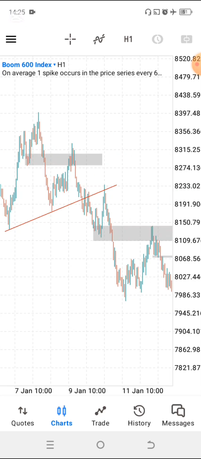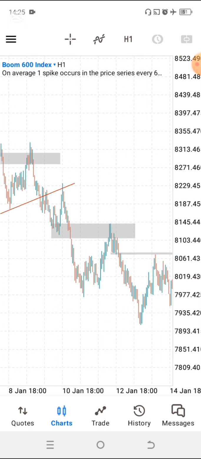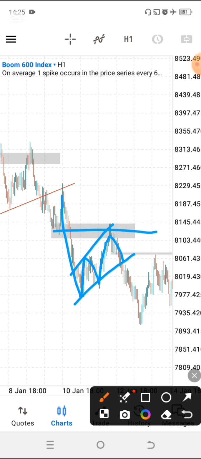So how do you see your flags over here, right? So a flag, I don't want to define it exactly. Why? Because I've got a video in that if you want to learn more about flags. But what we just want to see is a consolidation, like this case over here. We've got an impulsive move, a pullback that's so like in a consolidating manner, right? And we've got also a zone flip in this case. It's actually a sweet spot. So we enter over here, right? And as you can see, we went into profit, right?